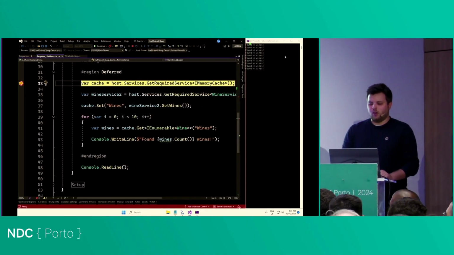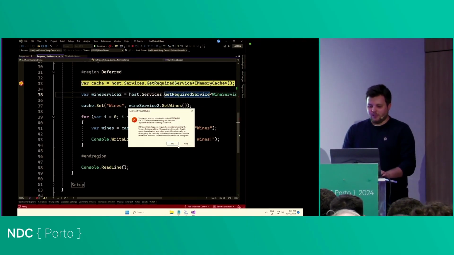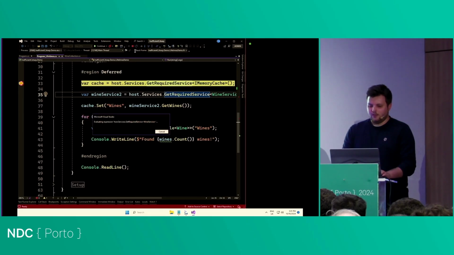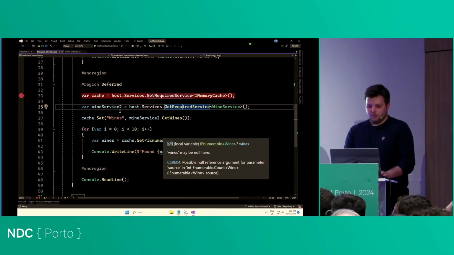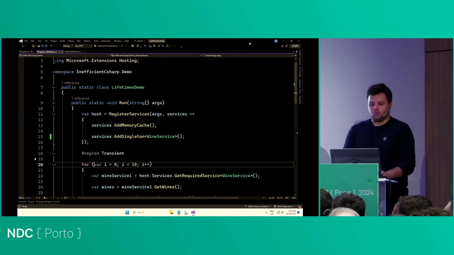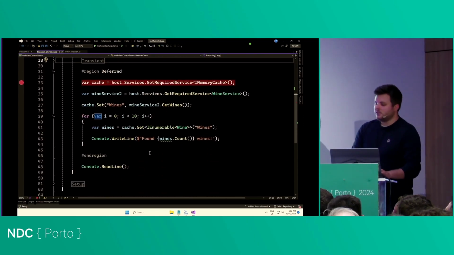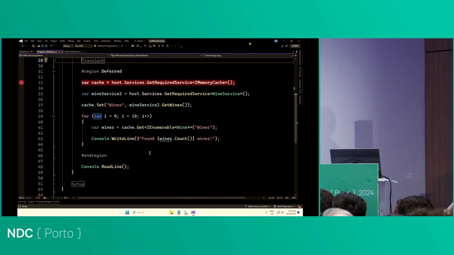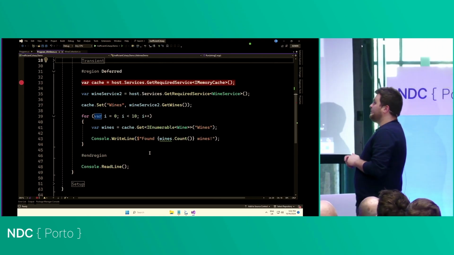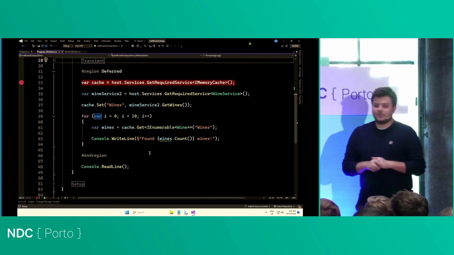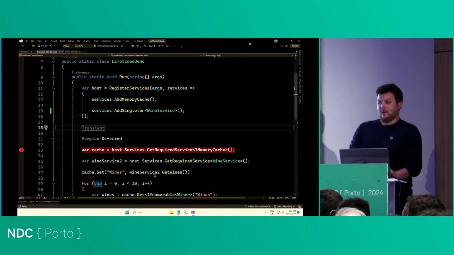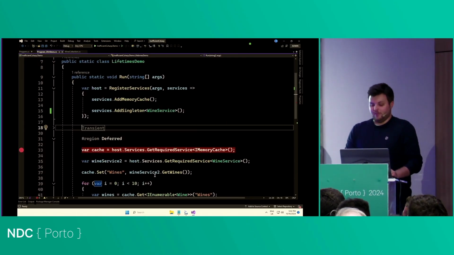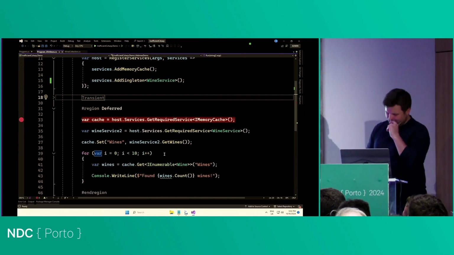Something else I see done wrong time and time again by people is using things like memory caches wrong. Visual Studio's decided to go to sleep. No, there we go. Yeah, people using memory caches wrong is something I see a lot. In this case, I've created an instance of the memory cache. This will just store some data in memory. I've then got my wine service, and I'm making sure that I write that data straight into memory. And so I can read that value out of memory going forward, which is cool,